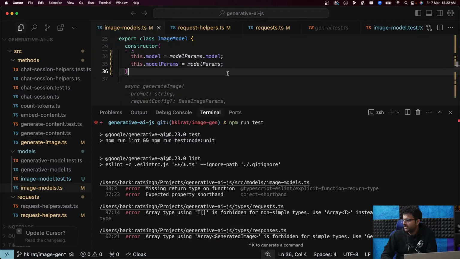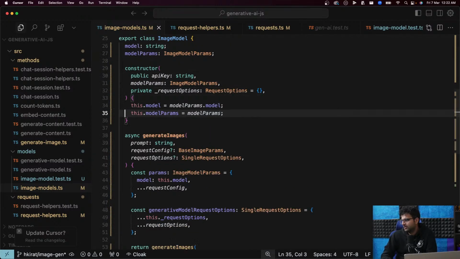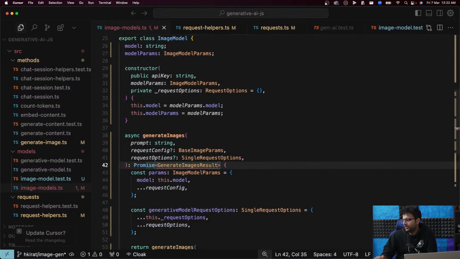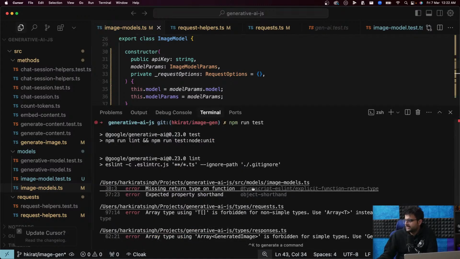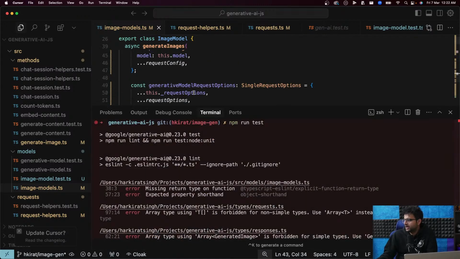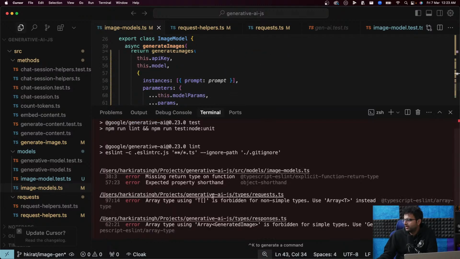Line 38. Missing a semi. Missing a return type on the function. Do we need to? Okay. Promise of generate image, which is result. What else? Expected shorthand on 57.